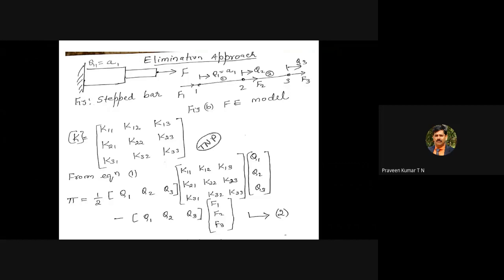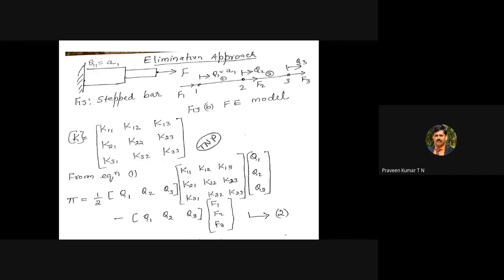Even if you are given a stepped bar, most of the time Q1 is 0. I am giving the same example to understand better, the fan example. If the fan is not mounted properly by clamps, at the fixed end there may be slight slackness. Because of that, there is a small deformation or movement or displacement about this point. This displacement at node 1 is Q1.